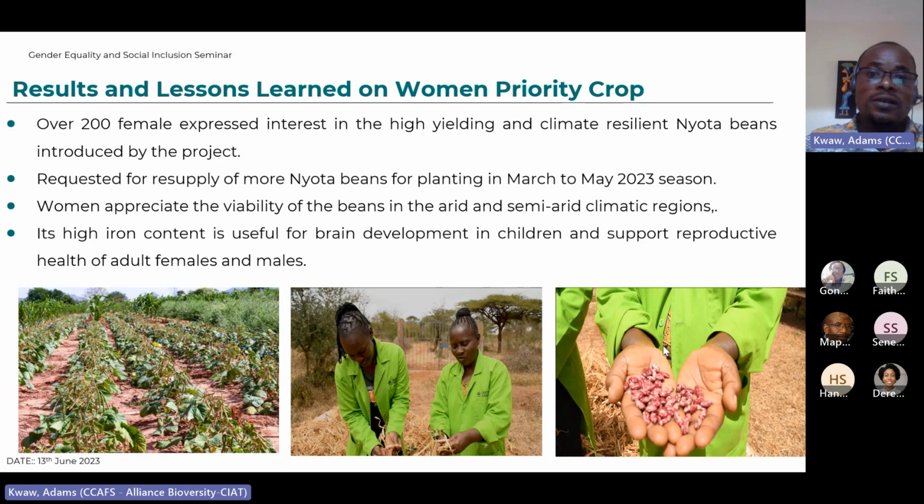And the counterfactual would have been this: if we had used men, perhaps they couldn't have appreciated the seed system that would have been relevant for their household. And therefore, perhaps the kind of buying we witnessed on Jota beans, we couldn't have experienced it on the demonstration activities we did in Kenya. So that's one important thing we need to note.